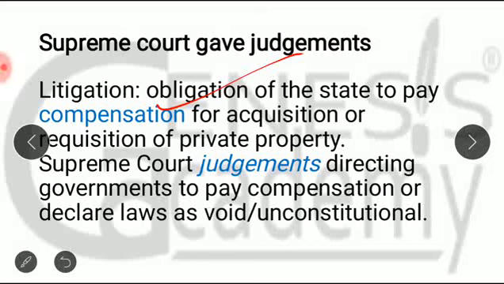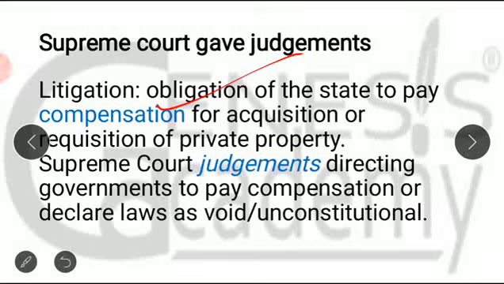That was development, and for development the state needed private property, and the state started acquiring property. But while the state acquired the property, there was always litigation by the landowners that they were not paid the compensation. In fact, the state, whether it is parliament or the states, made laws for the acquisition of private property, and all these laws were in contravention of the fundamental rights.